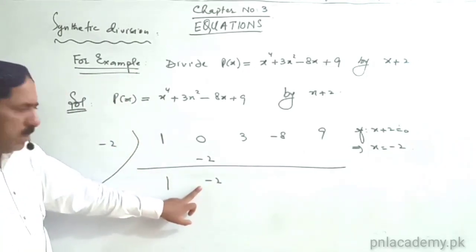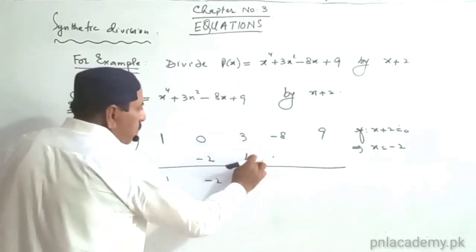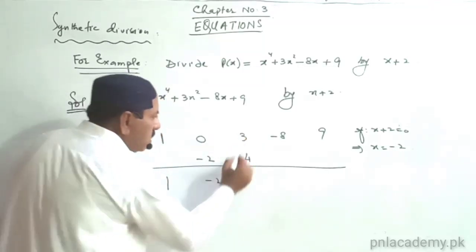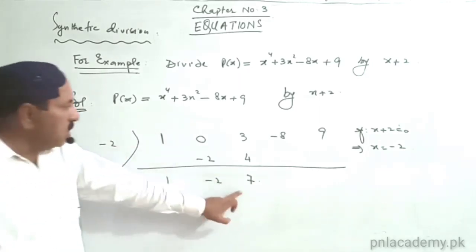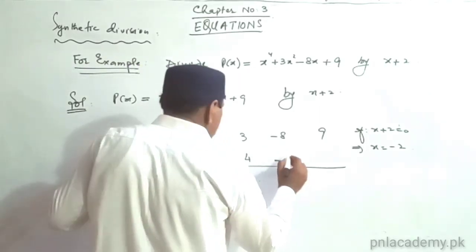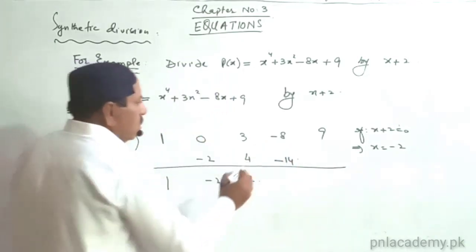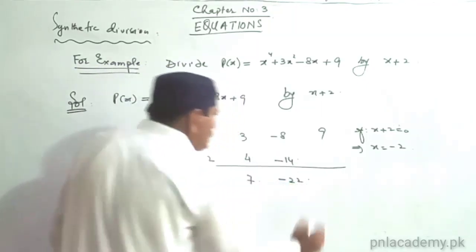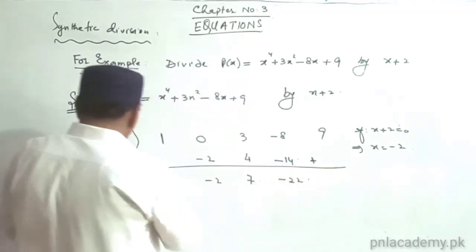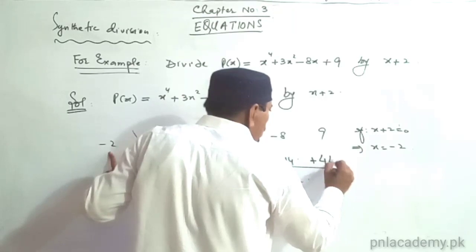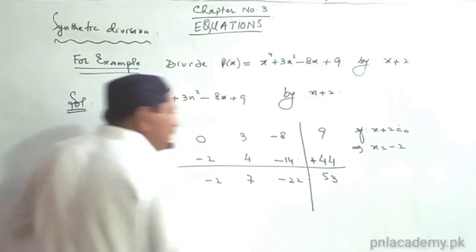Minus into minus plus 2 to the 4. Here we write the 4. Now 3, 4, both keep the sign of positive, then this will be 3 and 4, 7. Minus 2 into 7, minus 14, minus into plus minus 2, 7, the 14. So this will be minus 22. Now minus into minus plus 2 into 22, 44. So 44 and 9, 53.